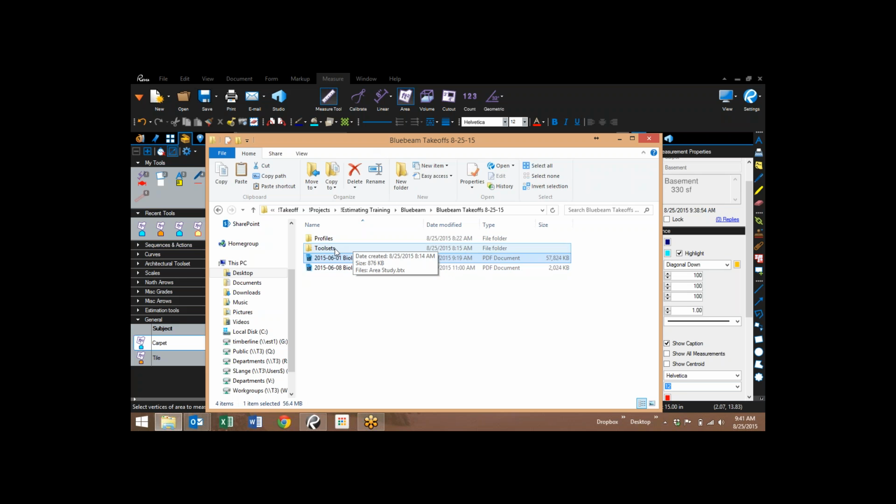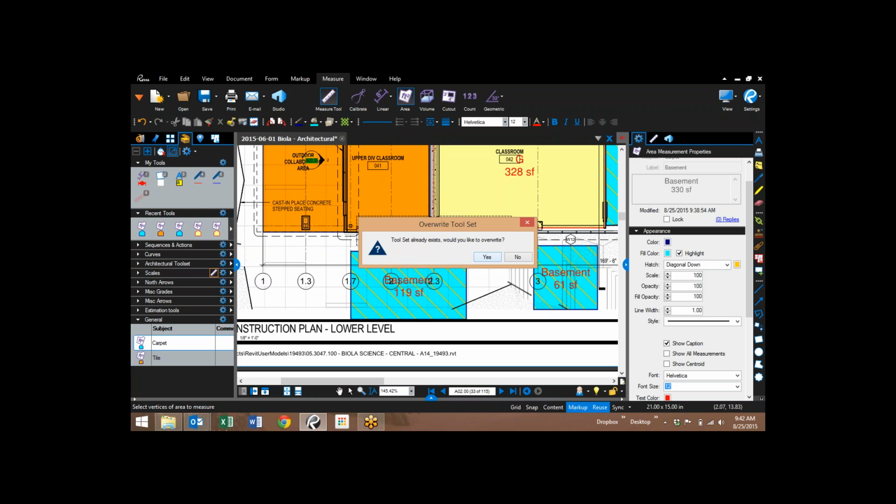So if you go to your File Explorer, Rob, the Tool Sets? Yeah, so click on that one. And then click on Tool Sets, and then go ahead and click on the Area Study. And it says, do you want to import it? Or I guess it says, I already have one. So I'm not going to do it because it's the same one. So now you should have,